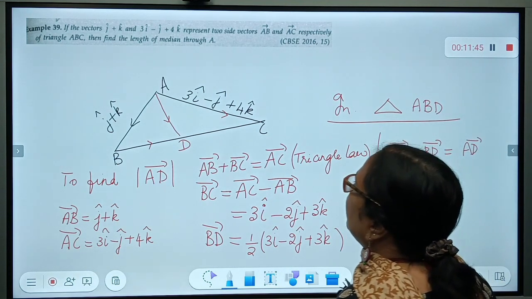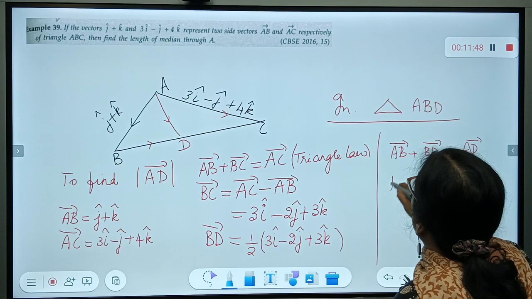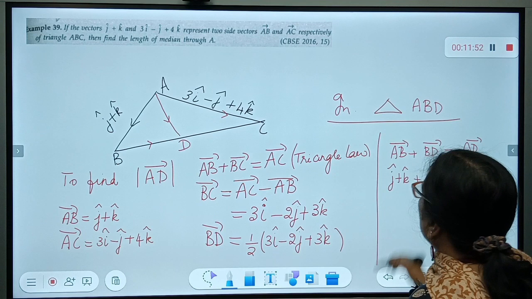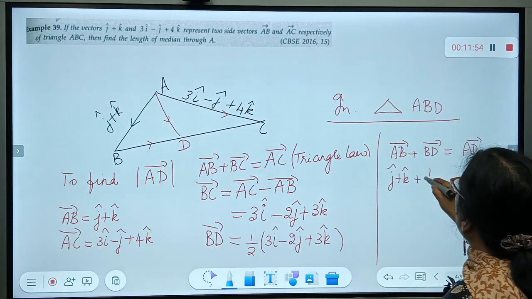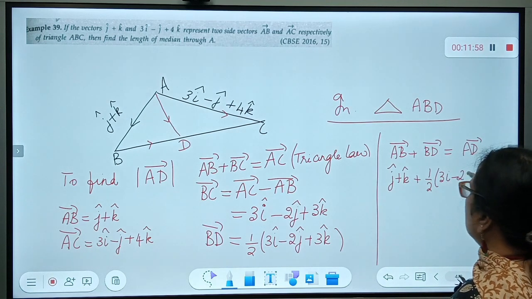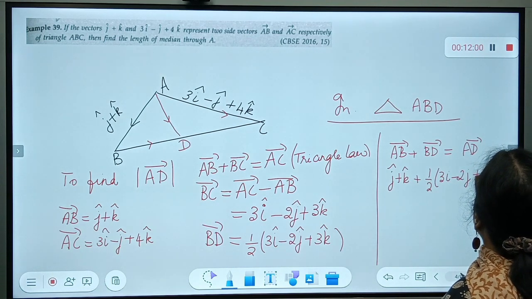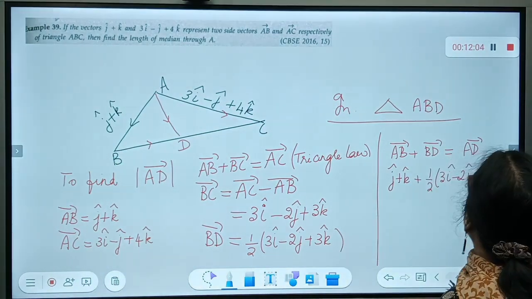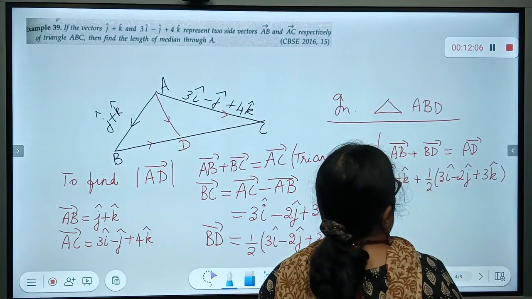Now, what is AB vector? J plus k. What is BD vector? Half of 3i minus 2j plus 3k. So, this will be